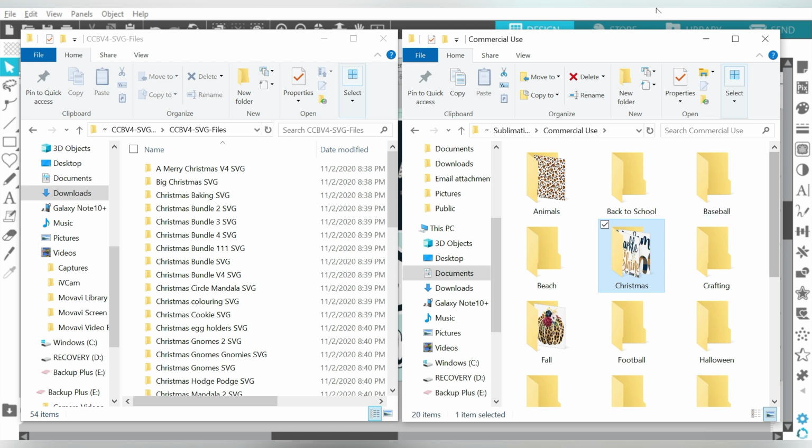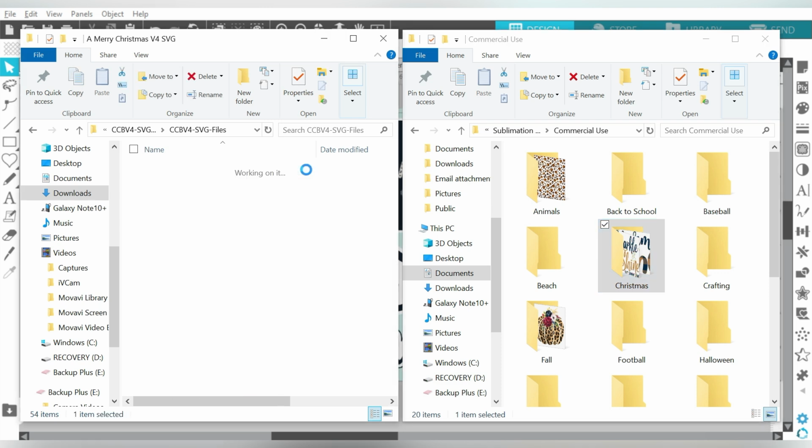But what you can do is, and when I talk about this, I'm talking about the file just for SVG or the file just for PNG, even if you're going to sort them out into these folders over here, this still saves you from having to do any sort of sorting on your own.